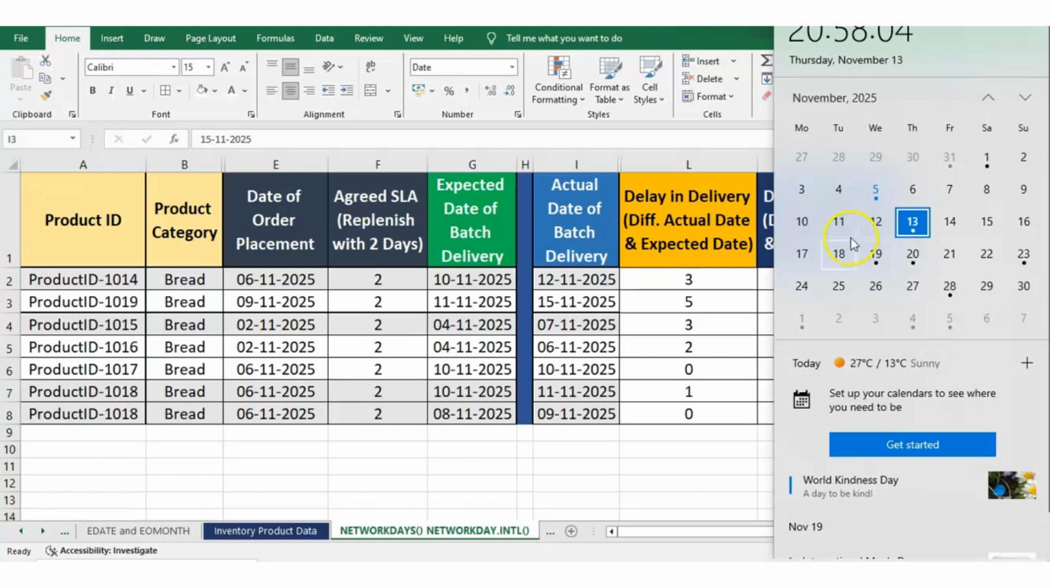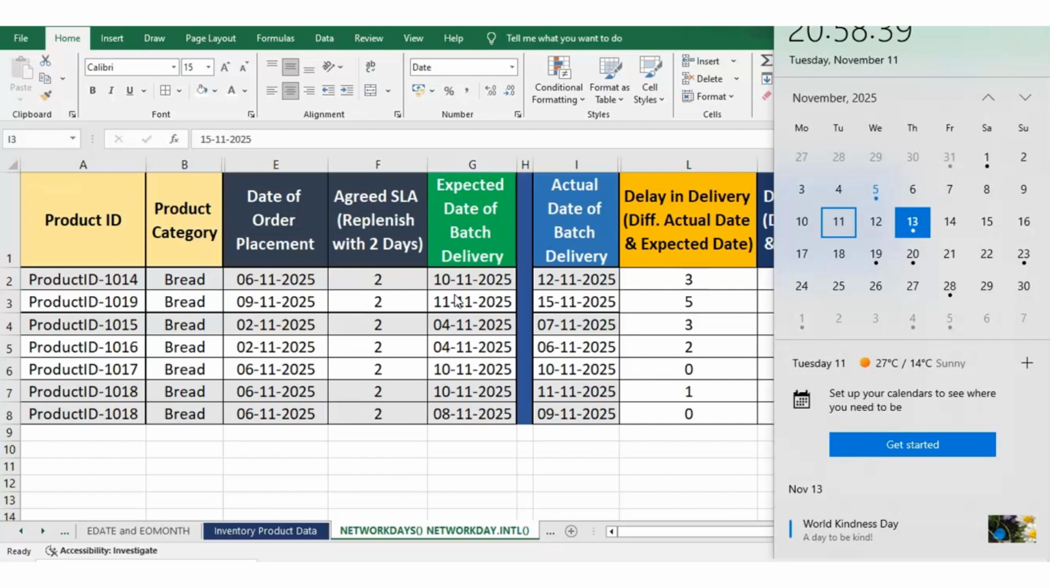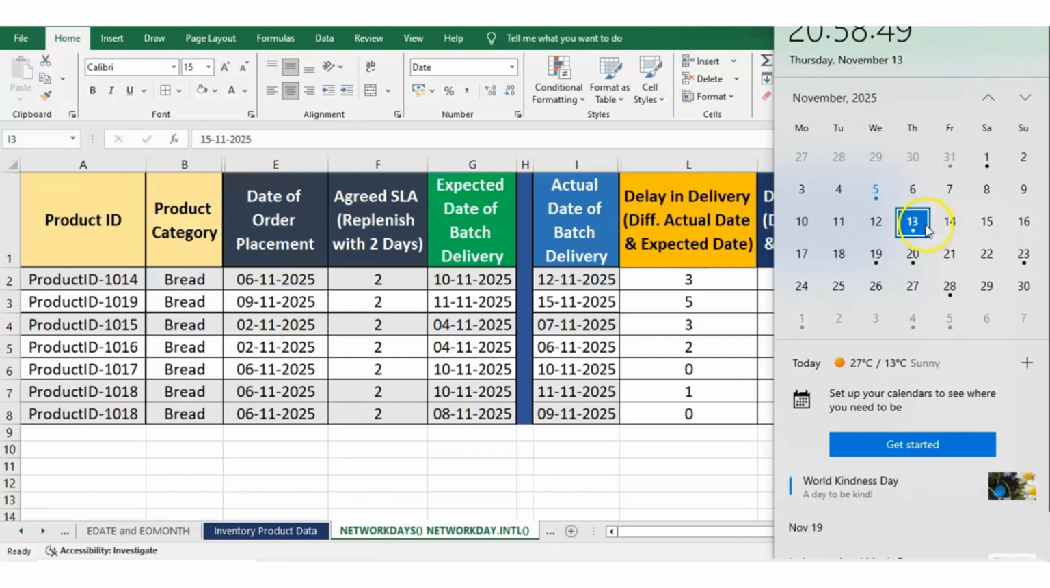NETWORKDAYS.INTL function will include all the work days present in between 11th and 15th, and in the final count output they will also consider 11th and 15th as well. Hence our output, which is coming as 5 by just using NETWORKDAYS.INTL, is correct. But if we think from our use case, 11th should not have been counted, because any product which is delivered within the expected date of batch delivery will not be considered as delayed, and hence the counting of the delay in delivery should start from 12th, then 13th should be considered, 14th should be considered, 15th should be considered